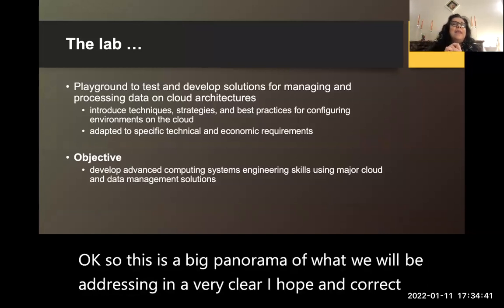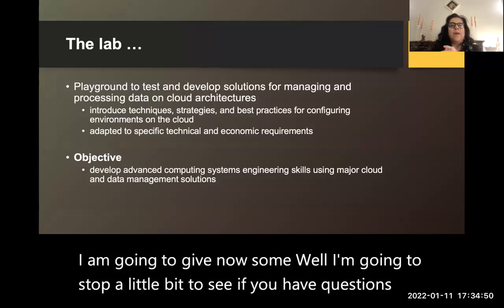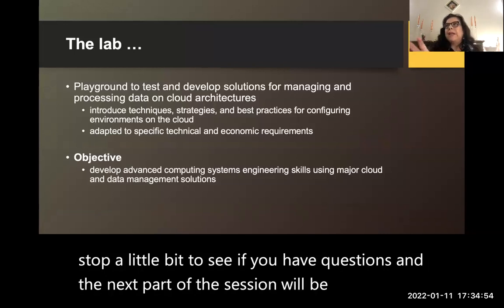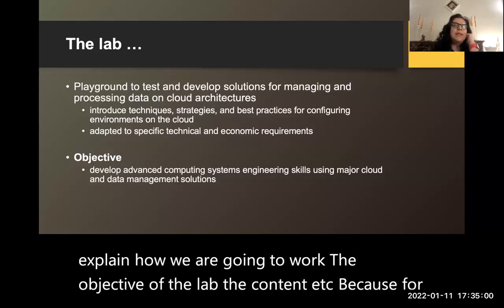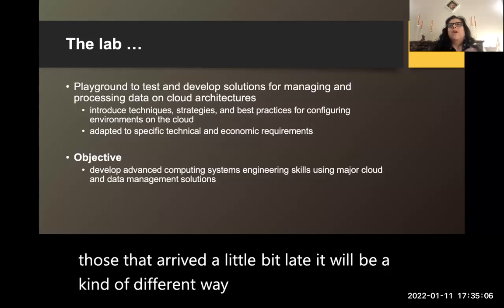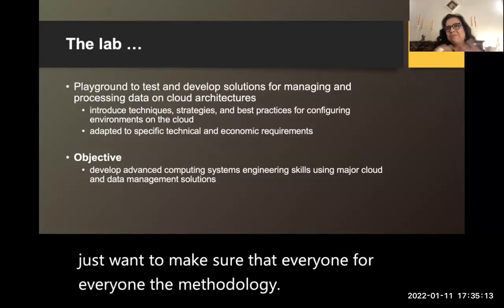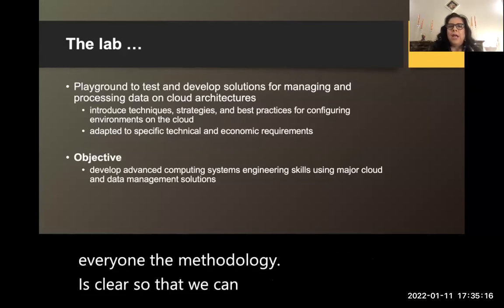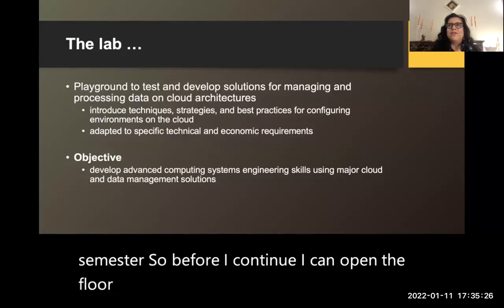correct manner. I am going to stop a little bit to see if you have questions, and the next part of the session will be devoted to explaining how we are going to work, the objective of the lab, the content, etc. Because for those that arrived a little late, it will be a different way of working together. I just want to make sure that for everyone the methodology is clear, so that we can work nicely during the semester. So before I continue, I can open the floor and let you ask questions if you